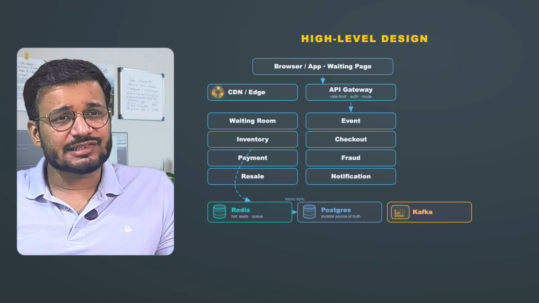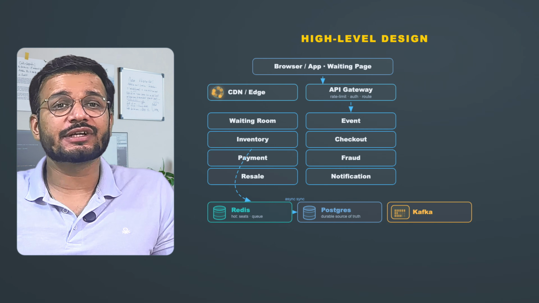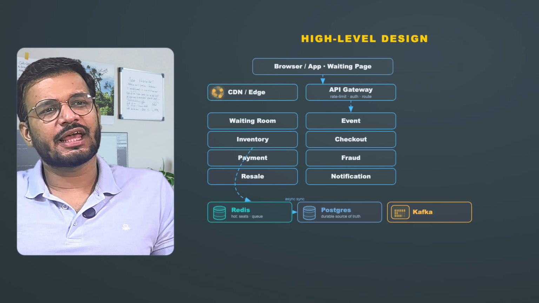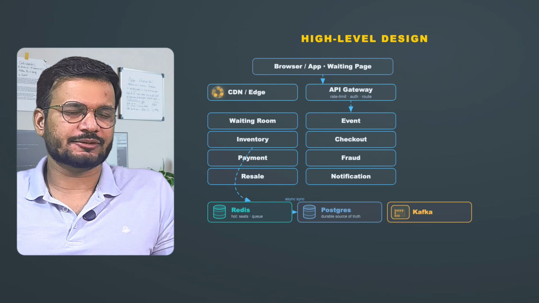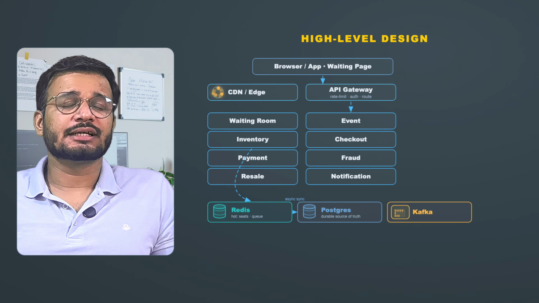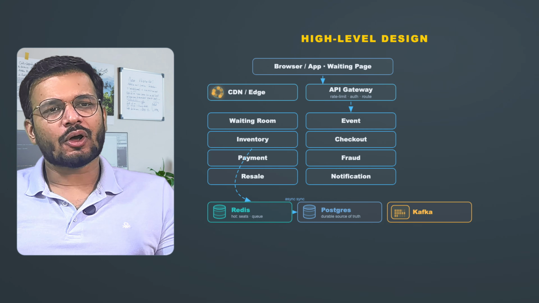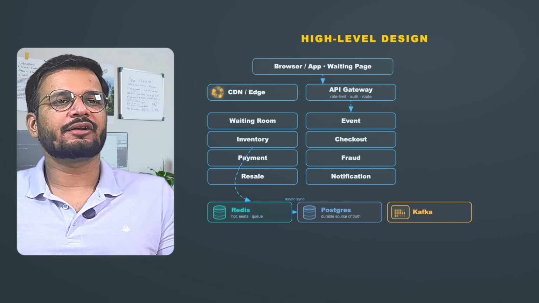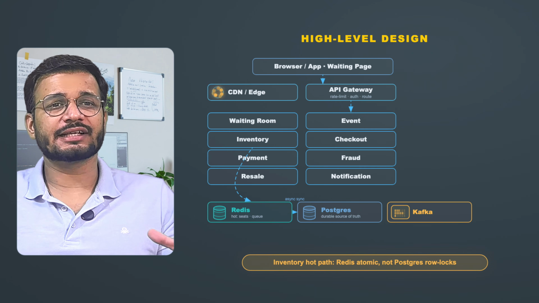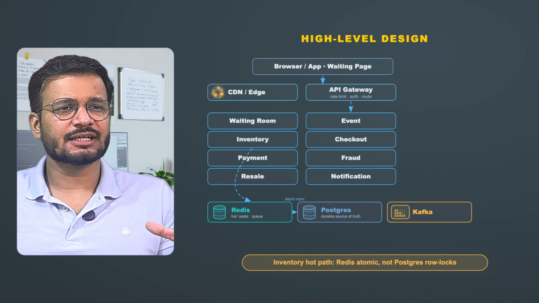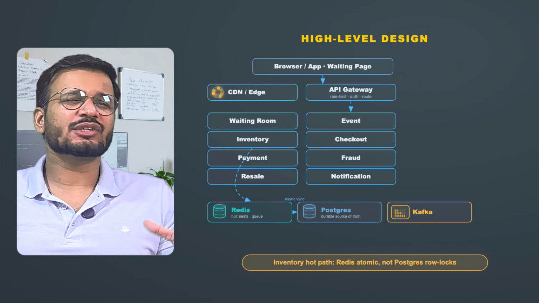The critical architecture decision: the inventory service uses Redis for seat status and not a relational database for the hot part. Here's why. At peak, we need to handle thousands of concurrent seat hold requests. Each hold requires reading the current status, then checking if it's available, and then atomically setting it to held. In Redis, this is a single atomic command using Lua scripting or a Redis transaction. In Postgres, this requires a row level lock, a read, and an update, which is an overhead.